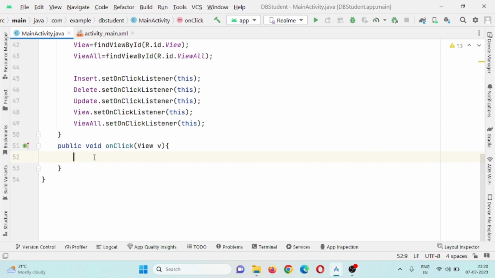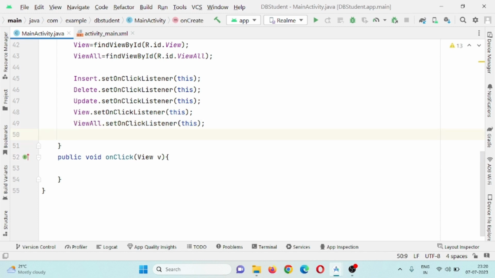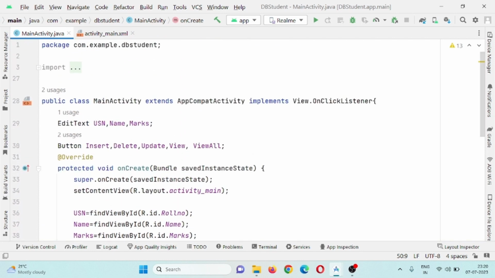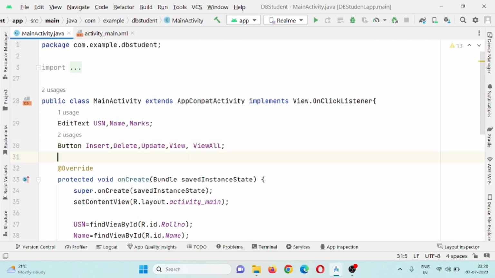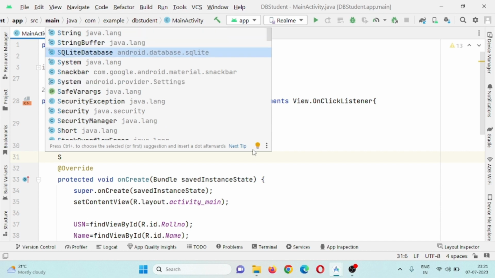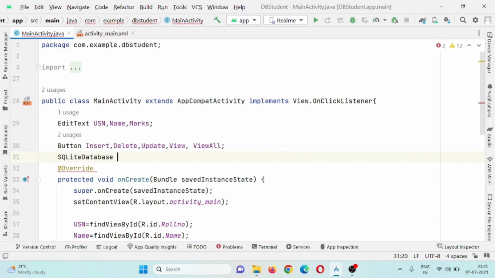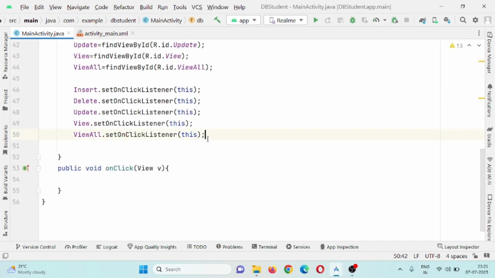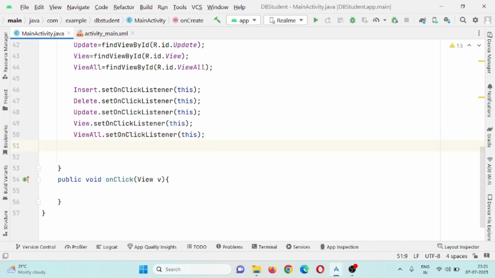Now let me implement the onClick listener. And before implementing the onClick listener, let me just create a database and table. For creating a database, we have to declare a variable of the type SQLiteDatabase. SQLiteDatabase is a local database. Let me take a class called SQLiteDatabase, and let me declare a variable db equals